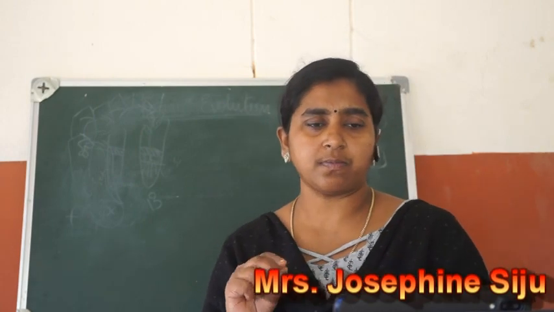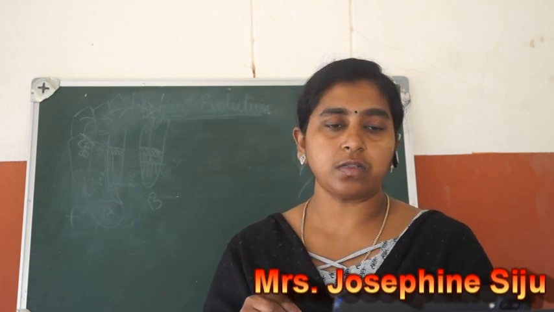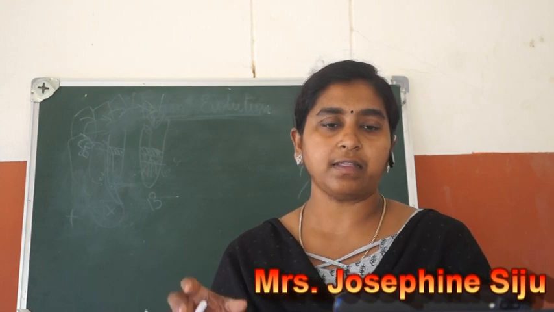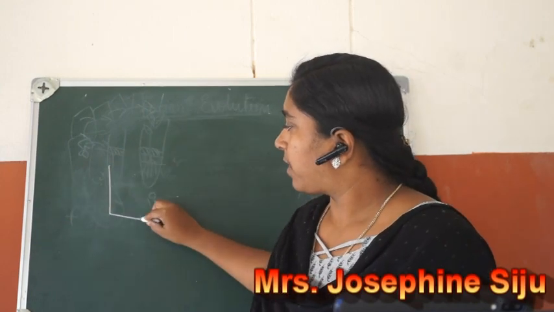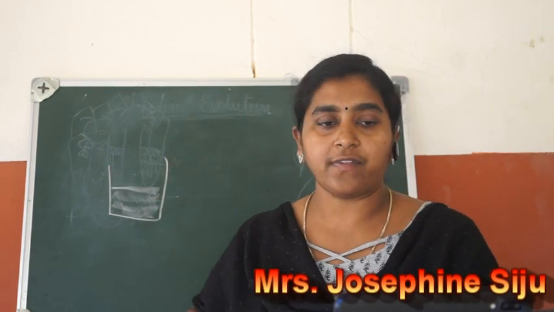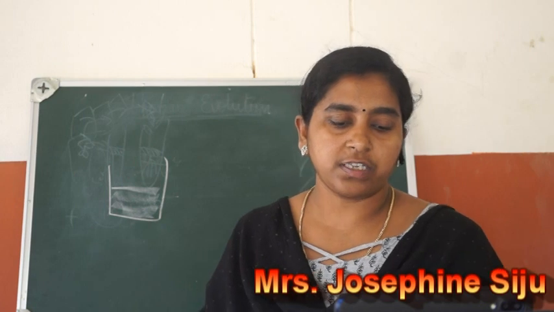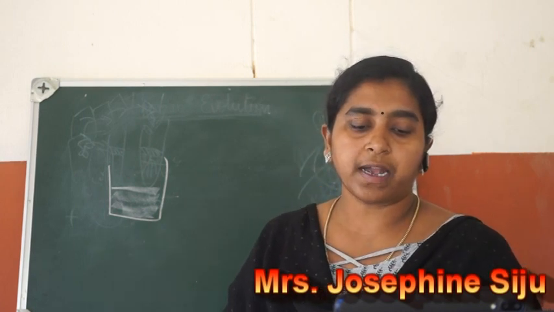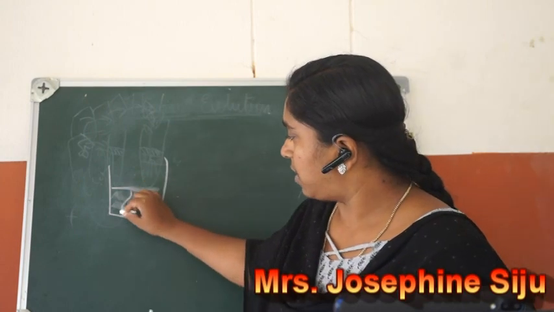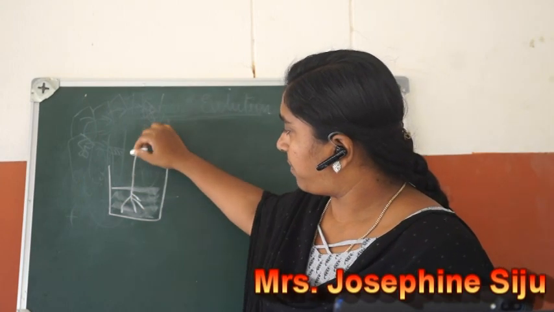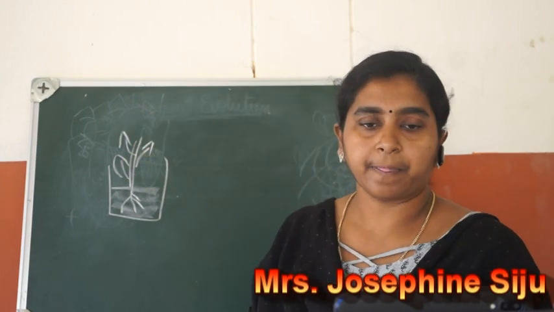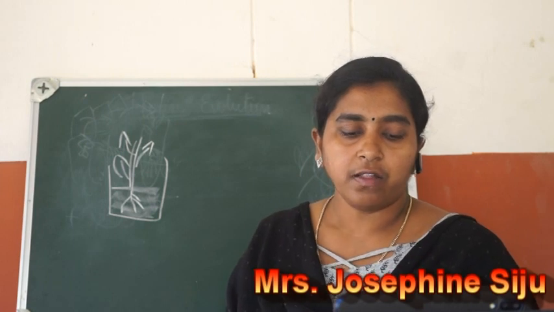So here we take a small plant along with its roots, okay, and wash it in water, and we place it in a beaker. That beaker should contain water with the eosin solution, okay, which is pink in color. The root should be completely submerged in the solution, and the plant should be present like that. And this we leave for 3 to 4 hours.